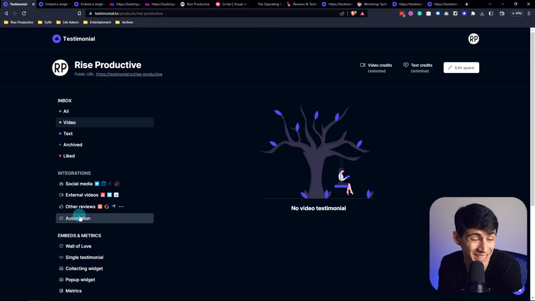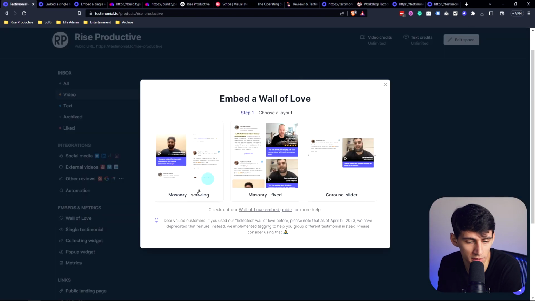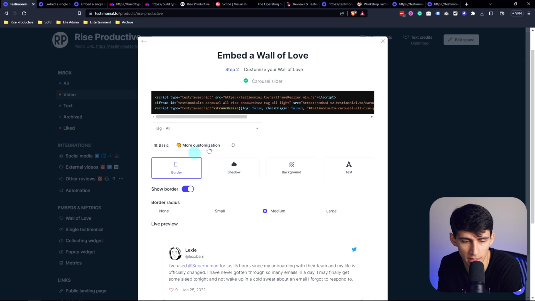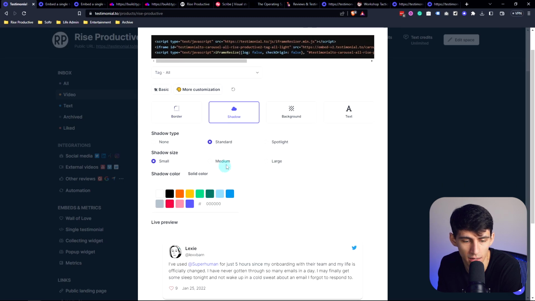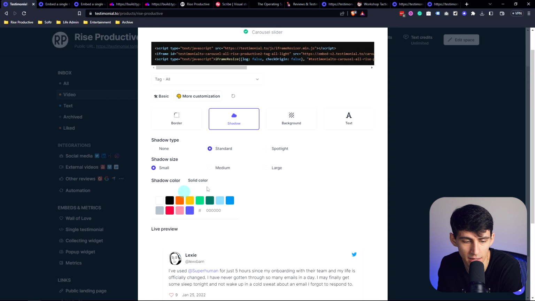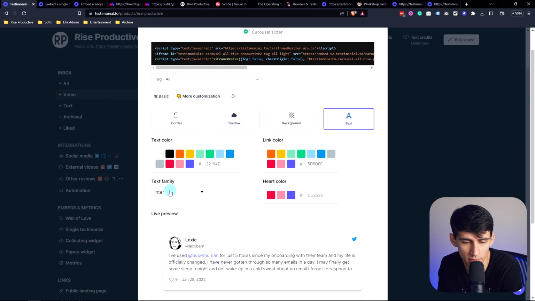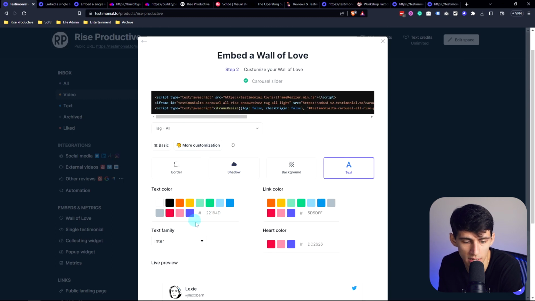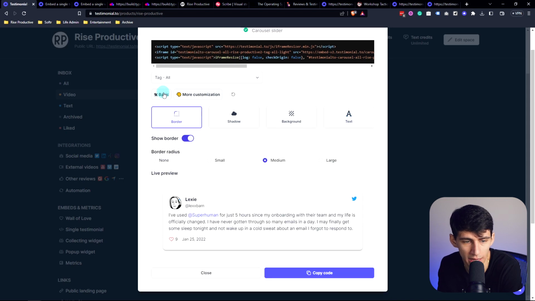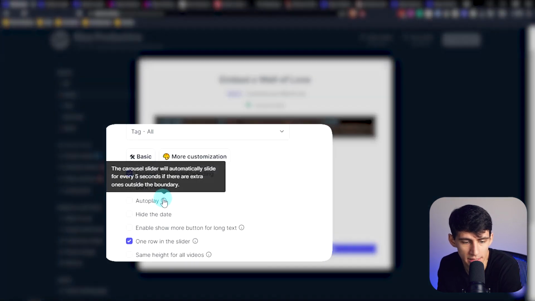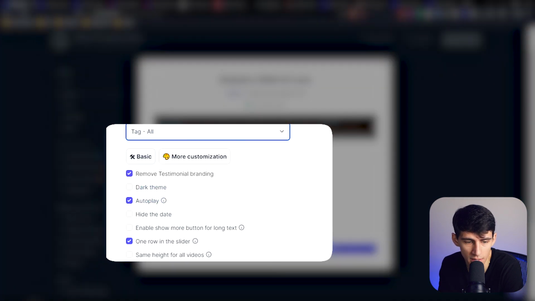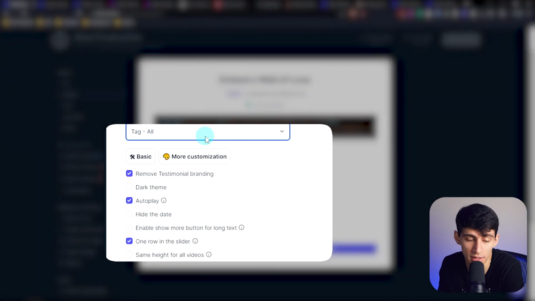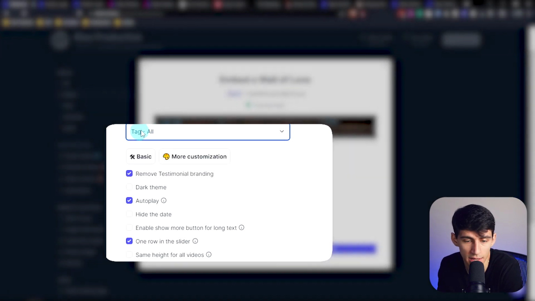So for example, if I wanted to take the Wall of Love for the carousel slider, I can also do some of the same customization stuff. So like adding a little bit of a shadow, changing the color if I'd want. Definitely gonna make sure it's set on enter. As you can see, I had the settings from what I had previously. You can pick to do light or dark theme, have things autoplay as well. So every 5 seconds it would auto slide for this specific slider option. And then here, as you can see with the tags, you can even pick specific tags as well